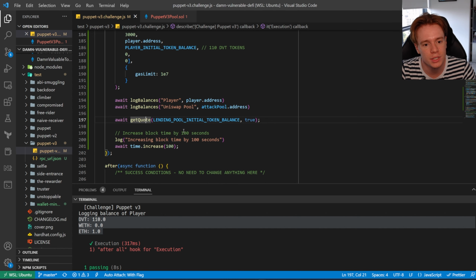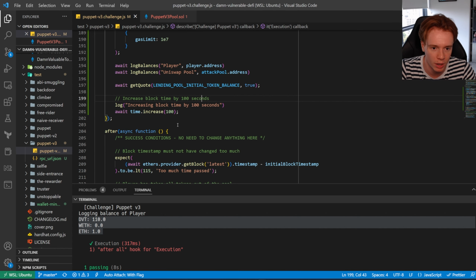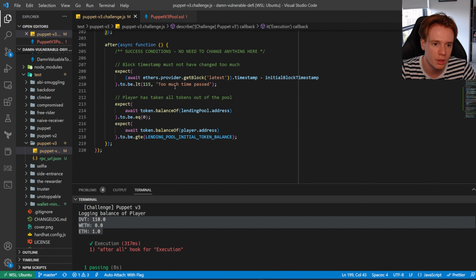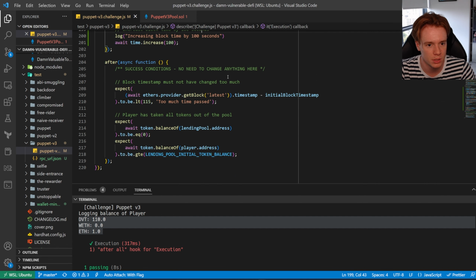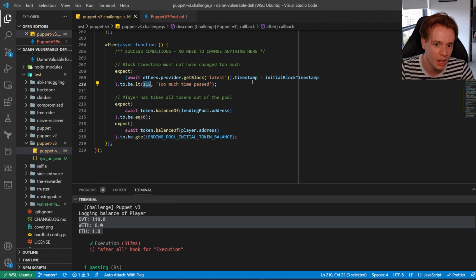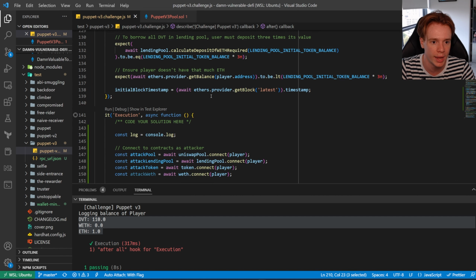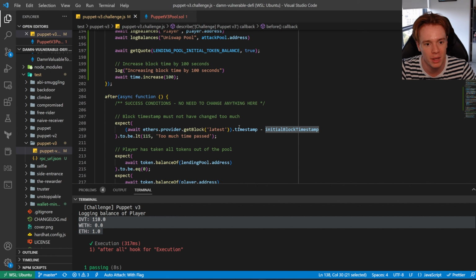Then what we're going to do is increase the time by 100 seconds. Now, the reason we're doing it by 100 seconds seems a bit arbitrary. If we have a look at the success conditions, there's 3 main ones. The first one is there can't be more than 115 seconds passed since the last block timestamp. The last block timestamp is basically, as soon as the setup is finished, it gets the initial block timestamp and then compares it to the current timestamp, gets the difference in seconds, and that's going to be less than 115. So the reason I chose 100 here is because we do need some transactions like the